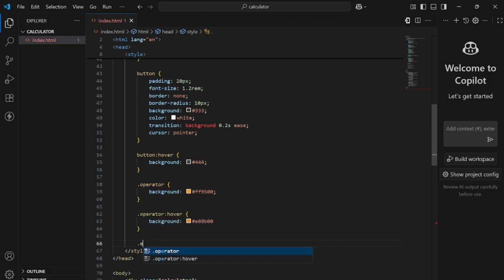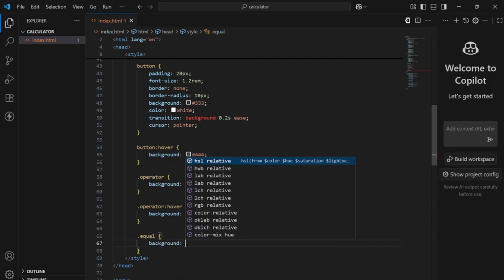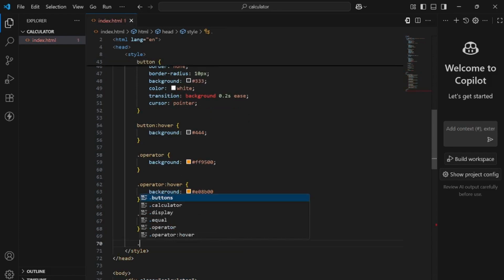Let's style the equal sign. The background will be #28a745, okay, and then the hover will be,